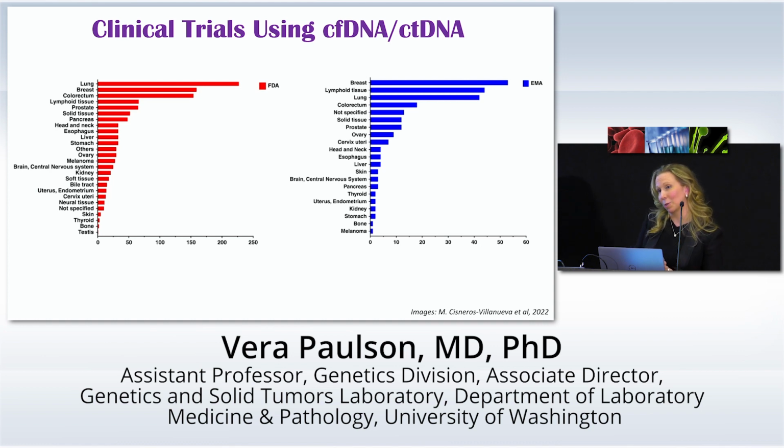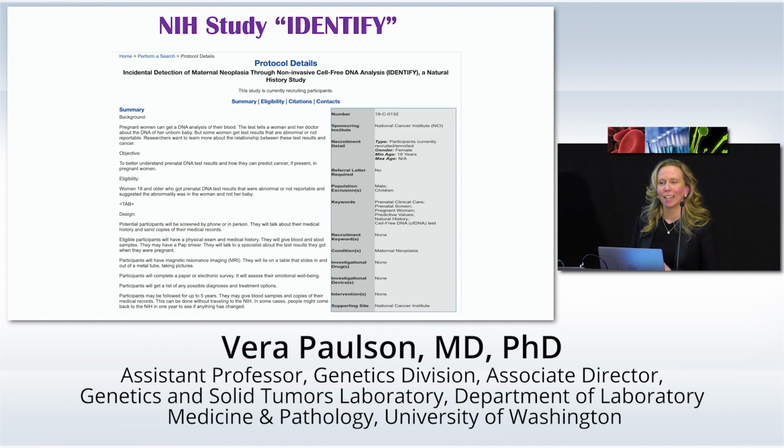But one of the ones I really want to highlight, just to bring us full circle, is a trial called Identify. And I really love the people that are coming up with these names. But basically, this is for women, like our patient, who get an indeterminate result, presumably for maternal alterations, where maternal malignancy is suspected. And they can be screened and then actually undergo all the imaging and testing that they need to do when they went in thinking they were going to discover the sex of their baby and are instead told they might have cancer. Early data suggests that maybe about half of them are found to have neoplasms.